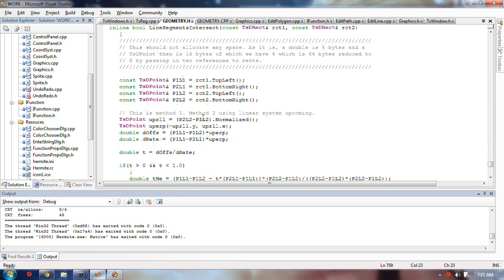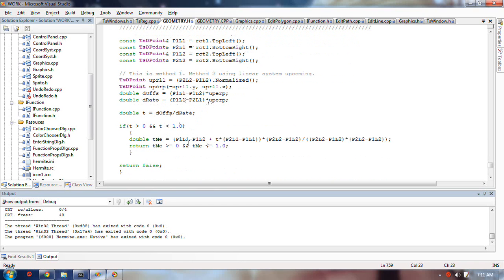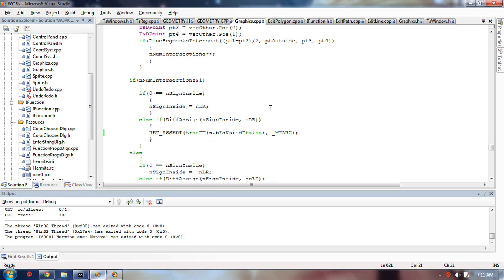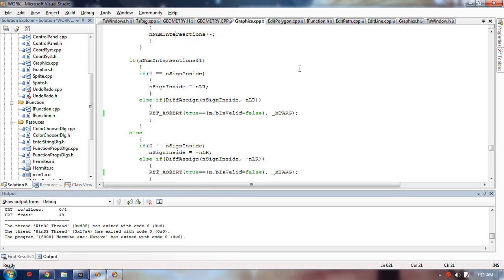No, not the other one, but this thing with the coordinate transformation, just for fun. And if there's an intersection between the point from the outside point and the segment I've chosen and another segment, then I just bump up this value. If the value happens to be odd,